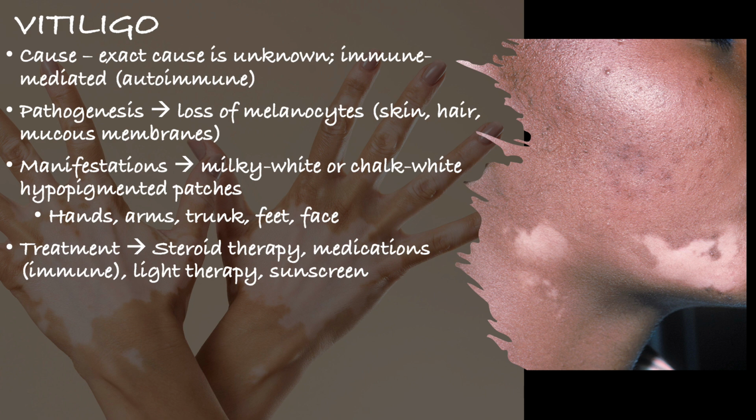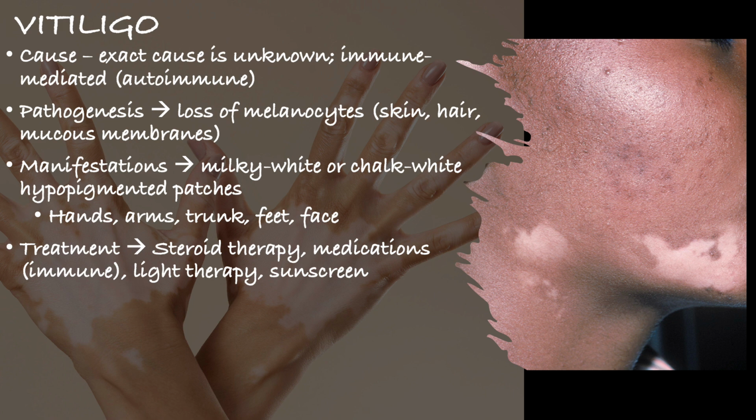So this will result in loss of melanocytes. This could be in the skin, hair, or mucous membrane. Mucous membrane is like the moist area in your mouth. So in your mouth, oral mucosa, nasal mucosa. And this will appear milky white or chalk white,